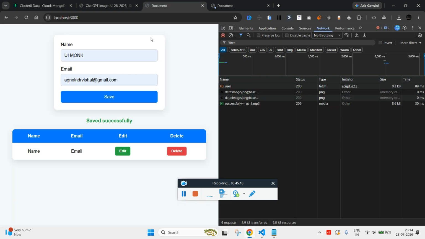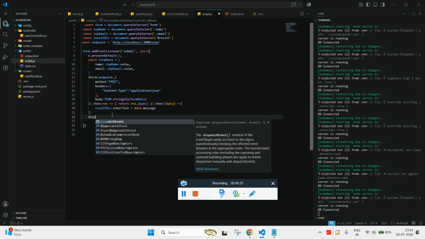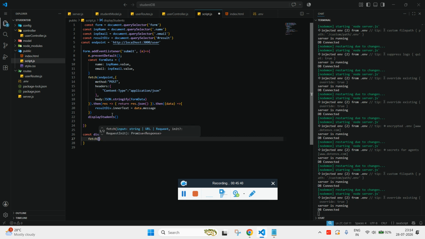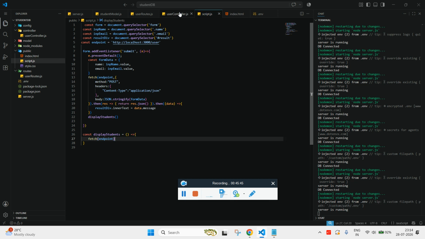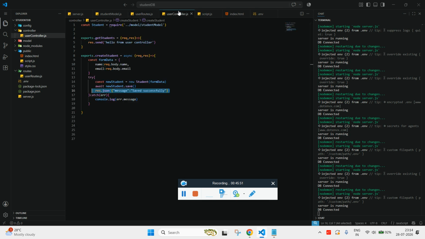Now it's time to fetch the value from the database and display it. So what I'll do is I'll run a function called display students, and let's define the function. What it should do is simply ask the controller. So fetch the endpoint, and the router will send it to get students, and here in get students,